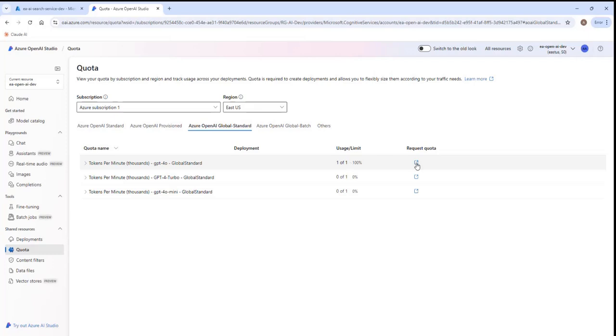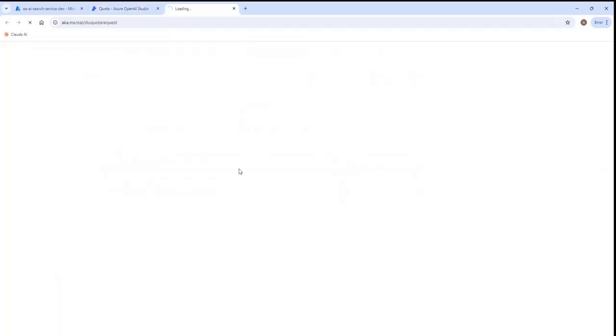So if you click on this icon here, you can request quota. By default, it's got a very small quota. It's 100 tokens per minute, which is not enough when you add your PDF file on top of the LLM. That's the reason that we are getting that error message. So if you click on this,